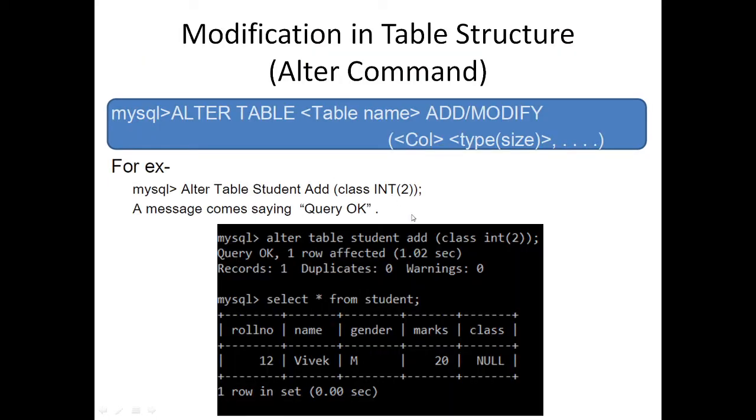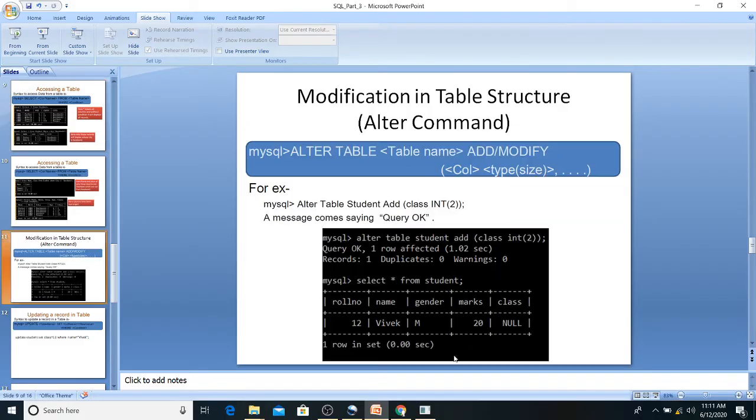You can use the alter command. So already there were 4 columns, I want to add one more column in my table, which is class. So how can I do that? I have to write this command: alter table student add class integer(2). That means alter table is a command, student is the table name, and I have to add one more column in my table, so add, and what is the column name? Class. मुझे class name का column add करना है, and the data type of that column would be integer. Integer denotes कि उस column में integer type की value जाएगी. Integer means number. So let's start.